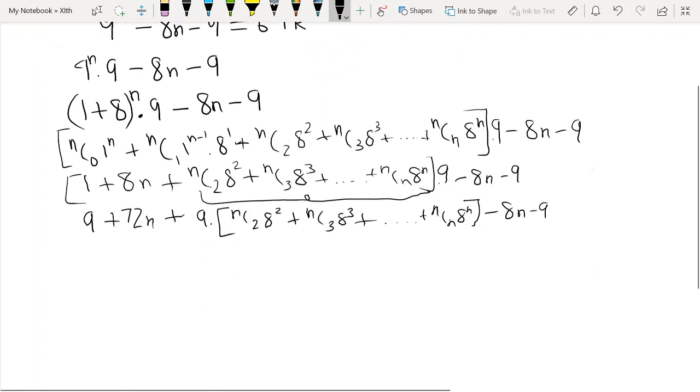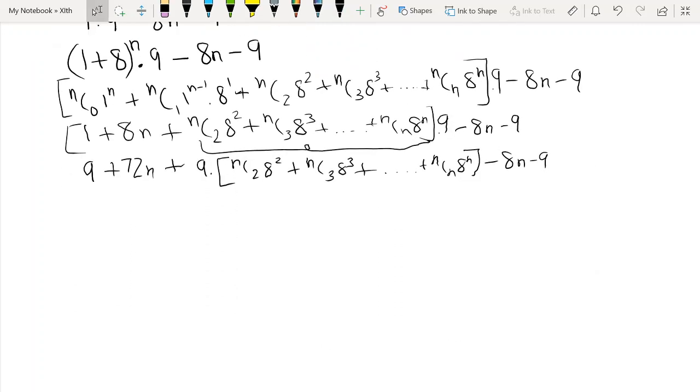Now we can see that 9 and minus 9 cut each other. 72n and minus 8n will give you